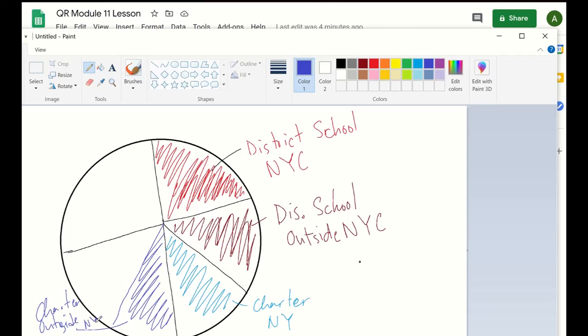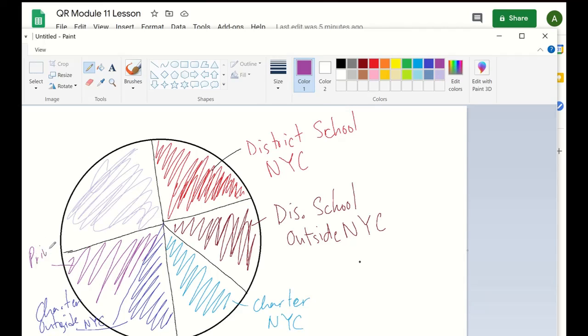Excuse my handwriting, New York City, but I'm pretty sure you guys get the point, right? So it's supposed to look something like this, right? And let's do purple for private. So dark purple for private in New York City, and light purple for private outside New York City. So essentially, we want to see